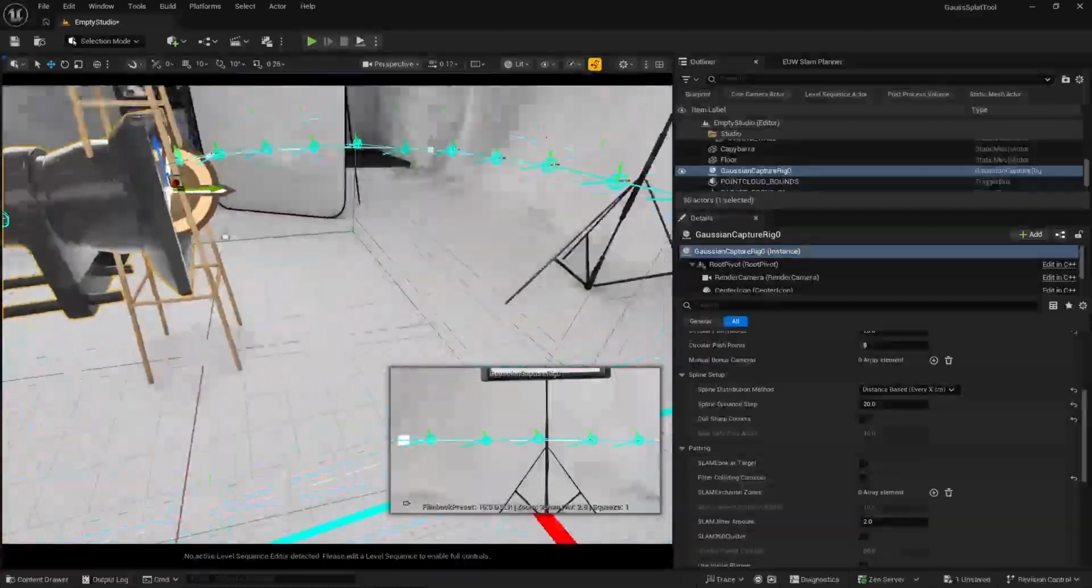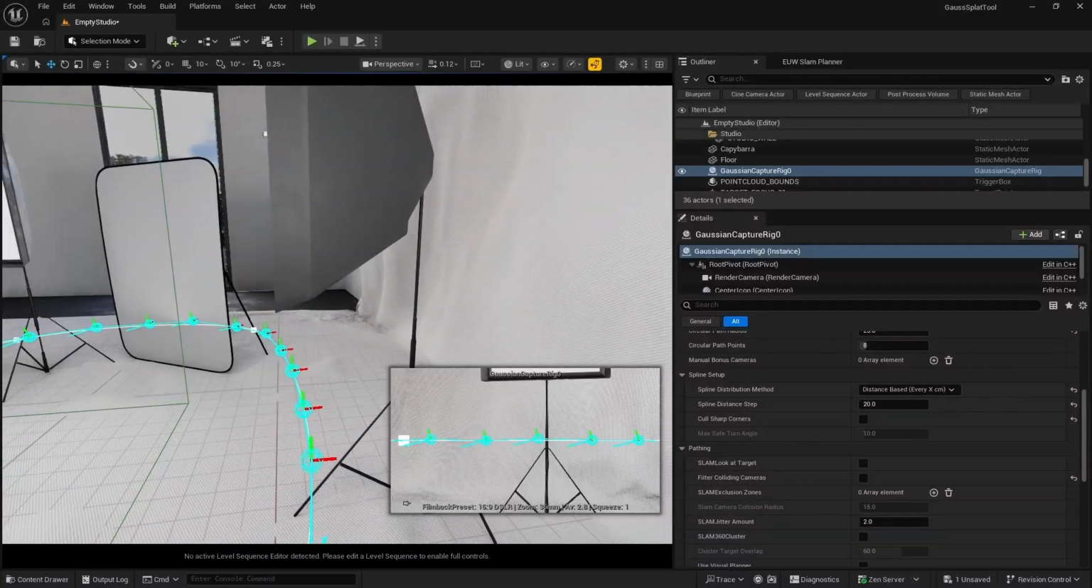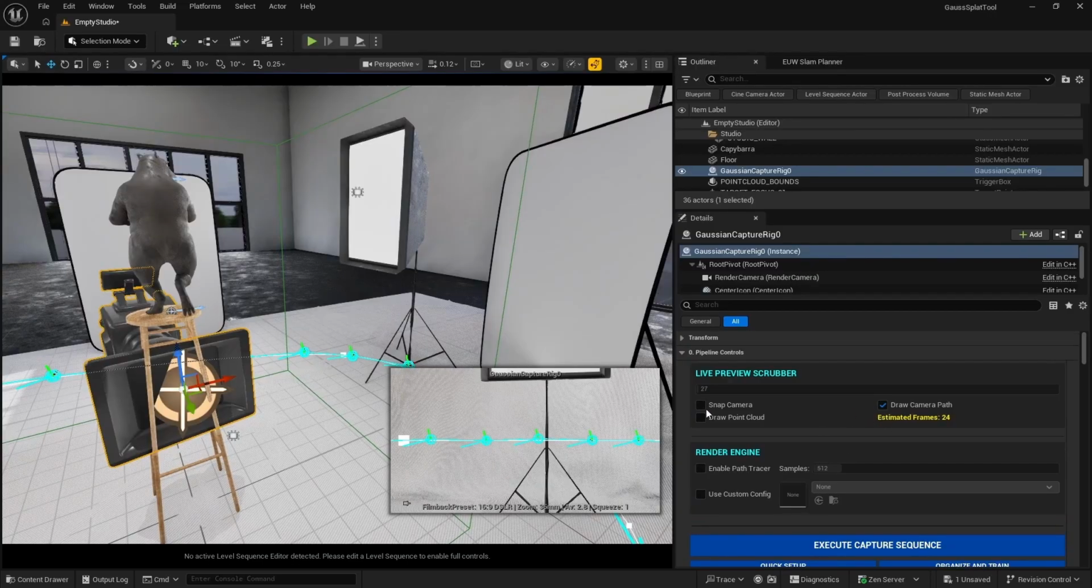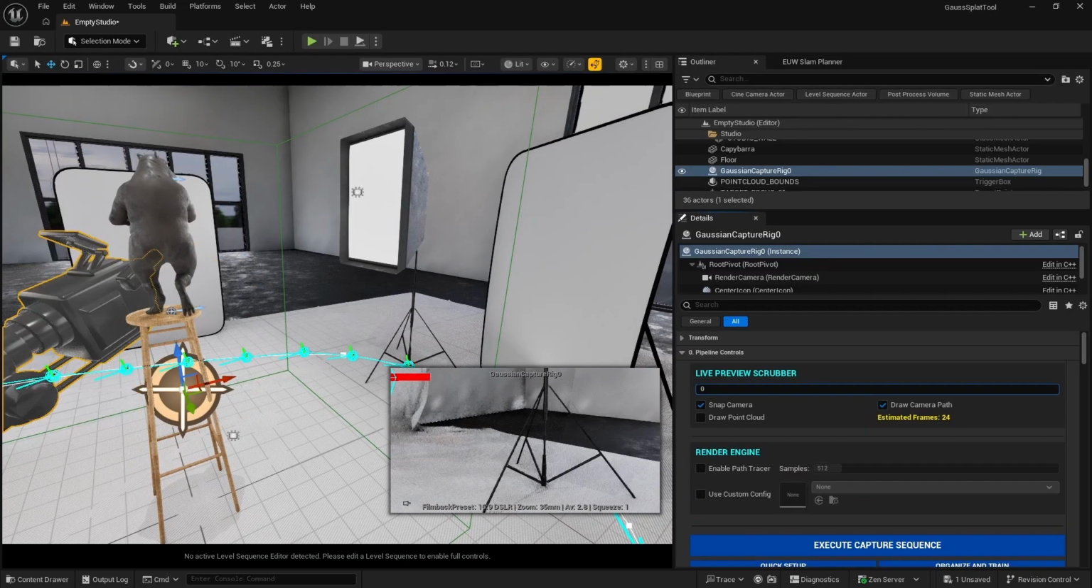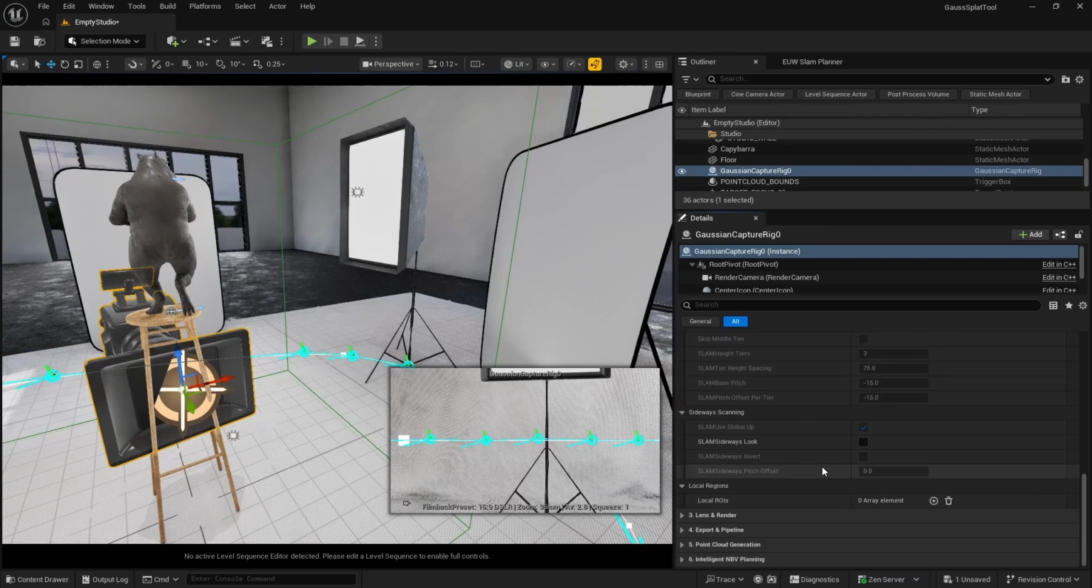Right now, as you see, the orientation of the curves is pointing tangentially along the tangents of the curve. And if you look at the preview, if you snap to the camera, you see how the camera will move. So this is not very usable. So there's an option here for,